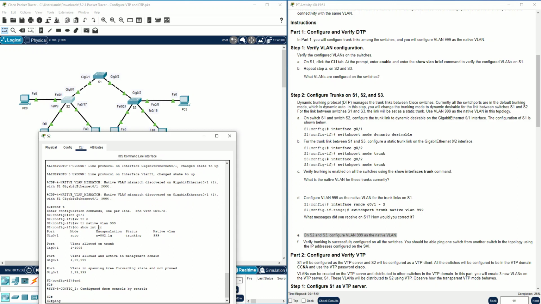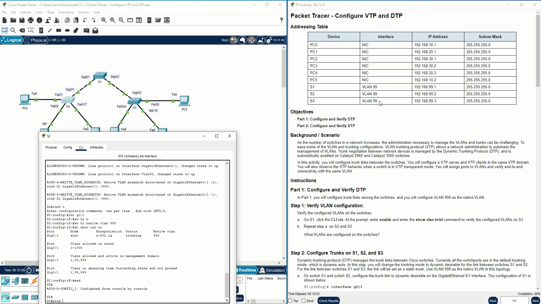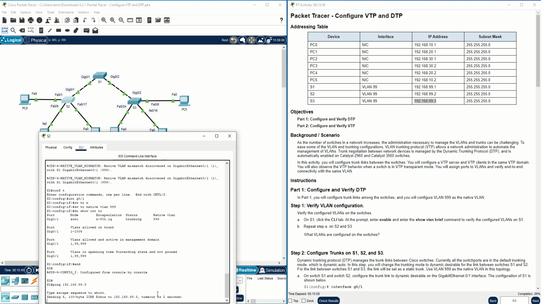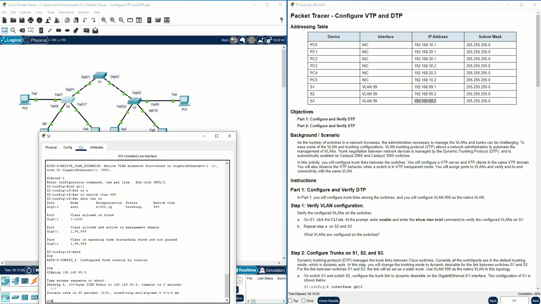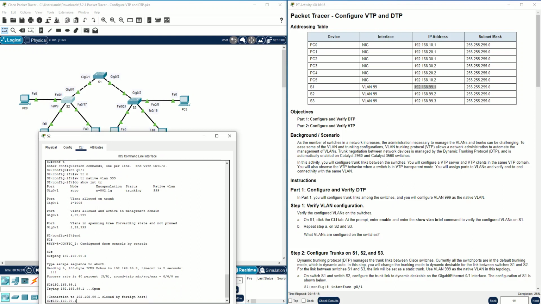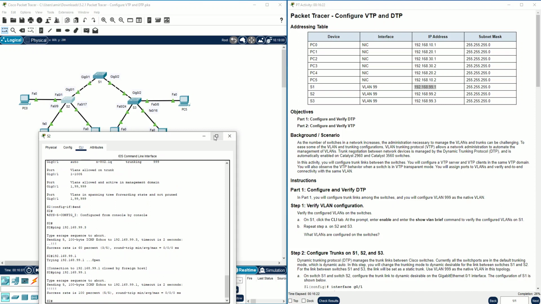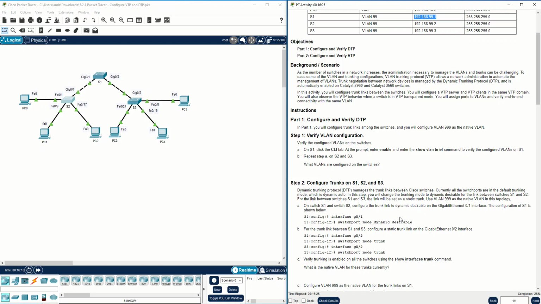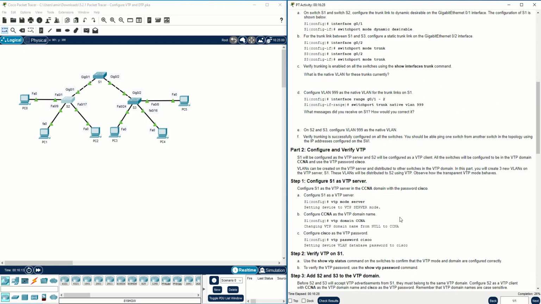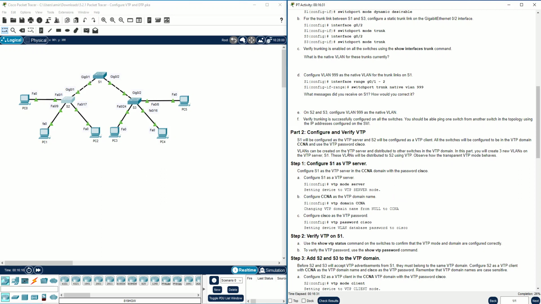And we can also ping, for example, can switch 2 ping switch 3 or not? Yes, and it can also ping switch 1. My bad. Yes, and also it can ping. It's successful. Yes, and now we should continue with